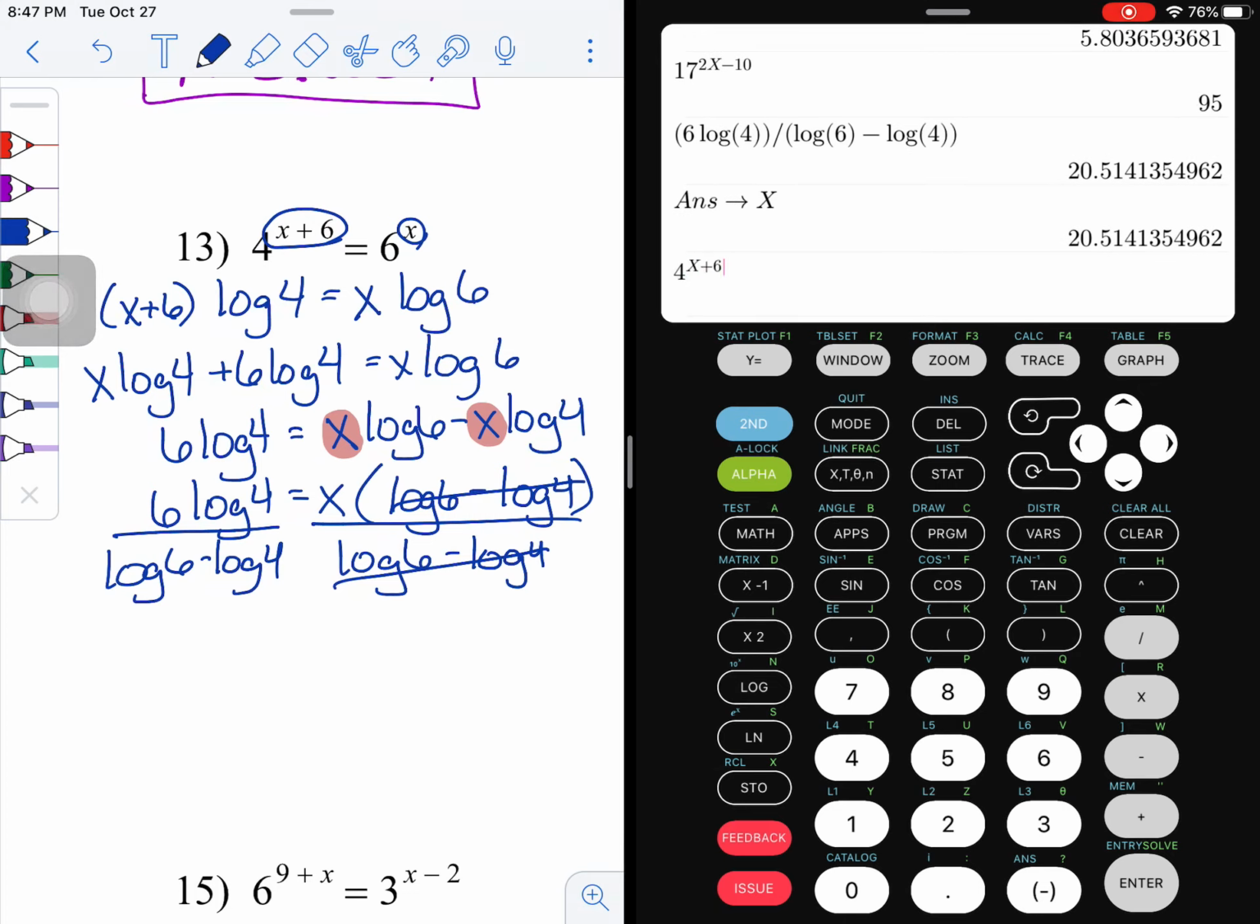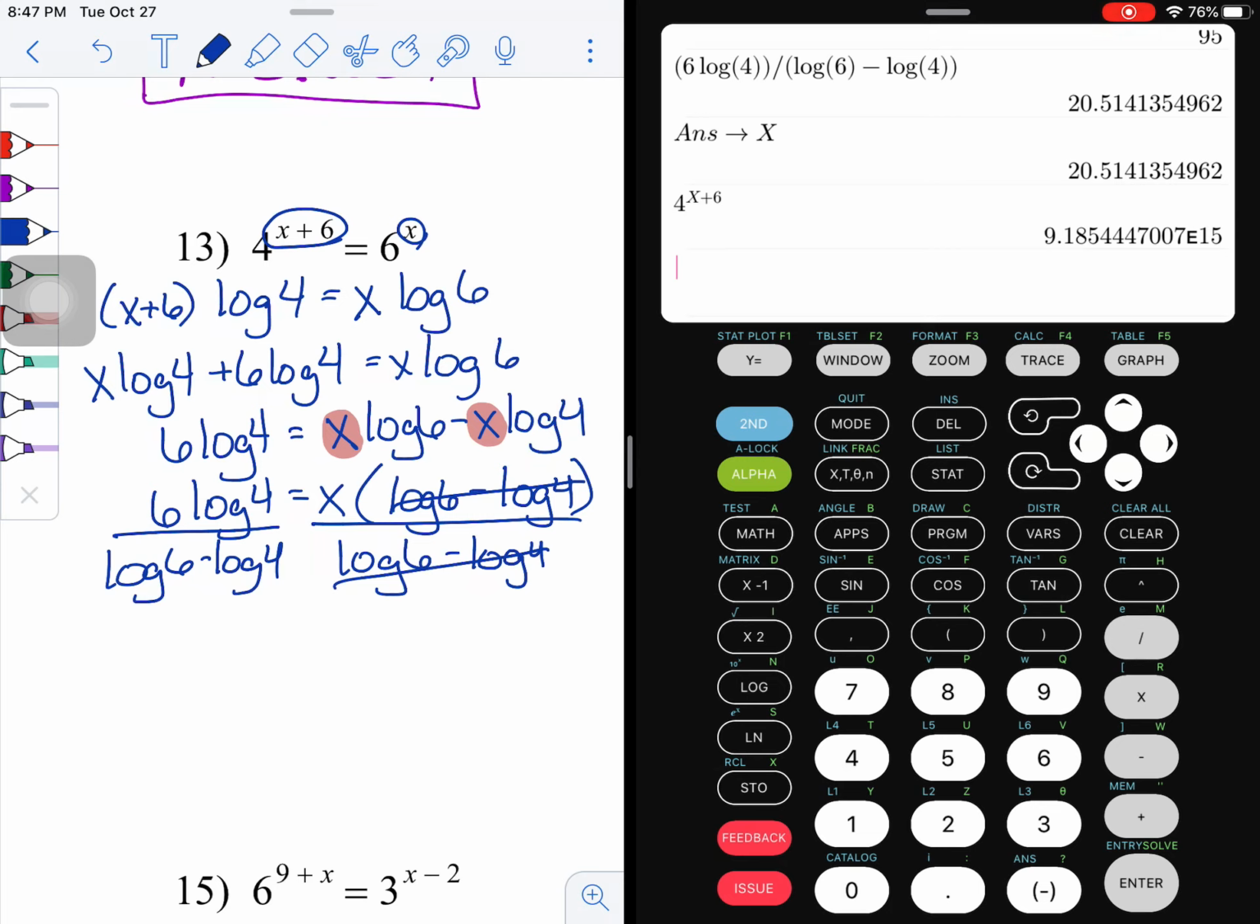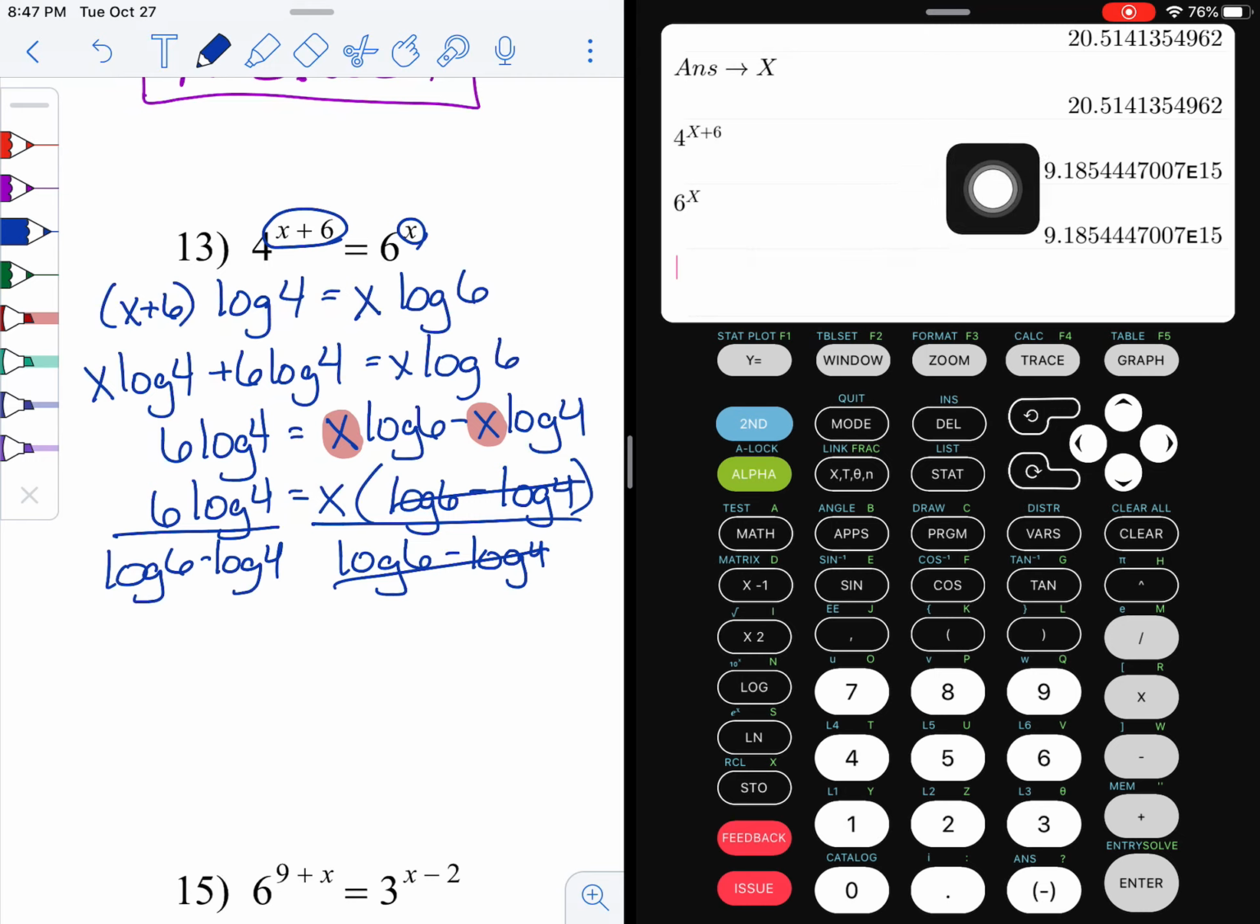So I'm going to do 4 raised to the x plus 6 power. I'm going to hit enter. And then I'm going to do the exact same thing with 6 raised to the x. And these two answers, as wacky as they are, are identical, which tells me that this answer is the correct answer for x. So x is equal to